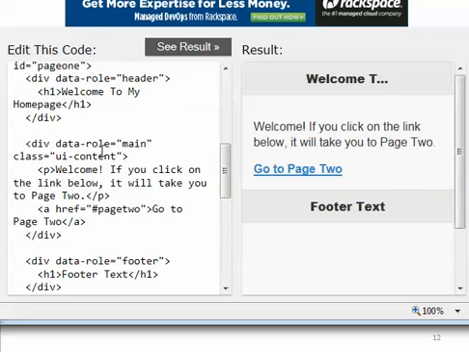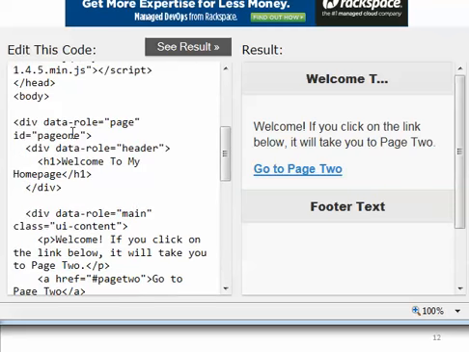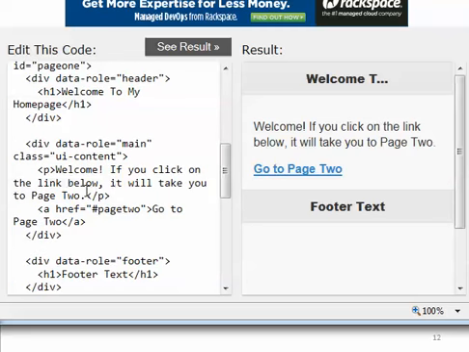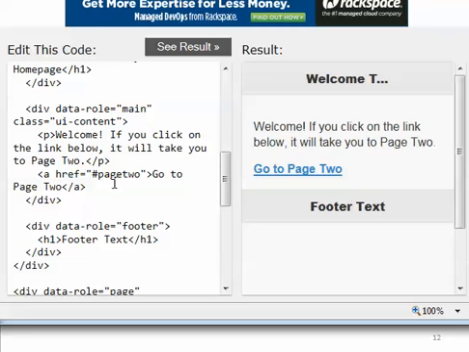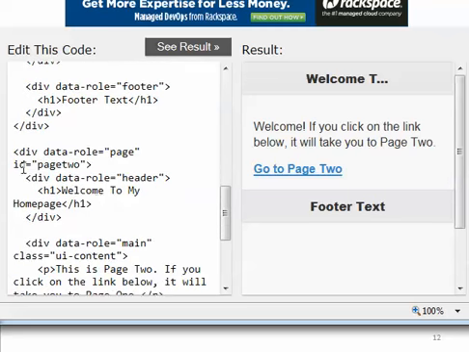So here is, this is page one. This is the identification, page one, and then this is the header that says welcome to my home page. So this is main, and then it says if you click on the link below, it will take you to page two. And then this is the reference to go. You see, this is the ID that says take me to that object, and then here is the other page,